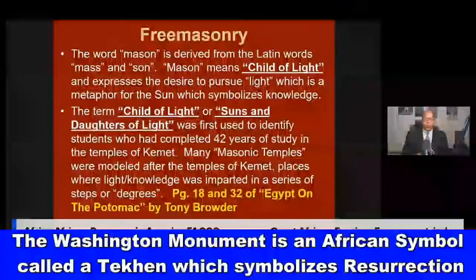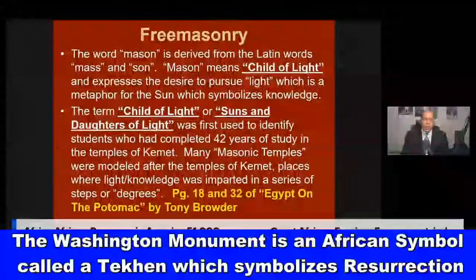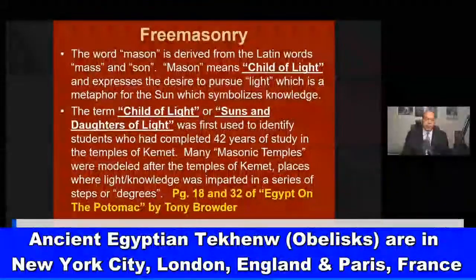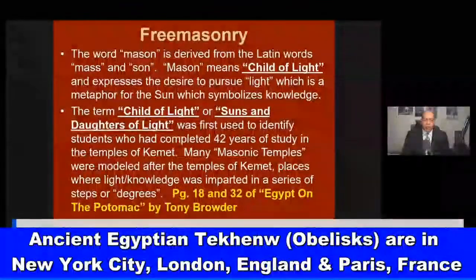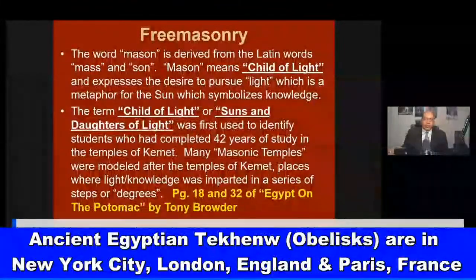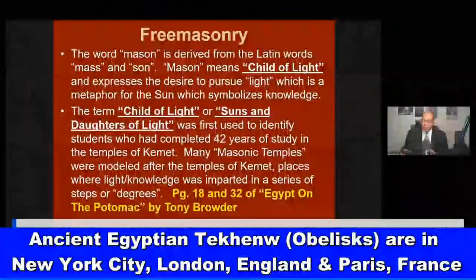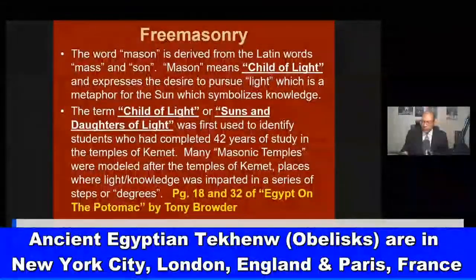Okay, so the term child of light or sons and daughters of light was first used to identify students who had completed 42 years of study in the temples of ancient Kemet. Many Masonic temples were modeled after the temples of Kemet, places where light or knowledge was imparted in a series of steps or degrees. So the concept of going to a liberal arts college comes out of ancient Africa